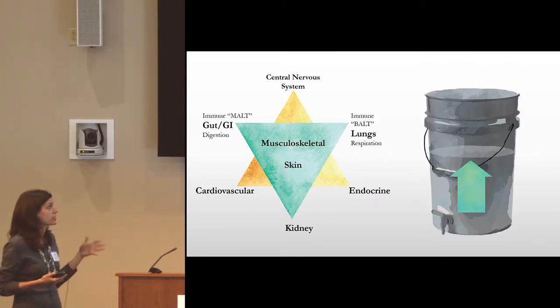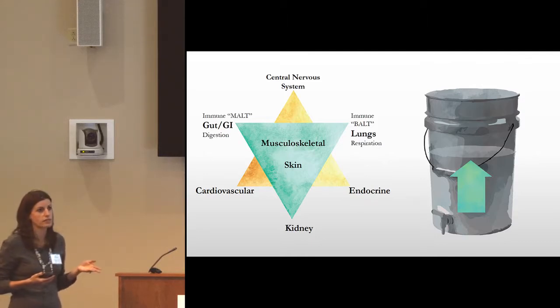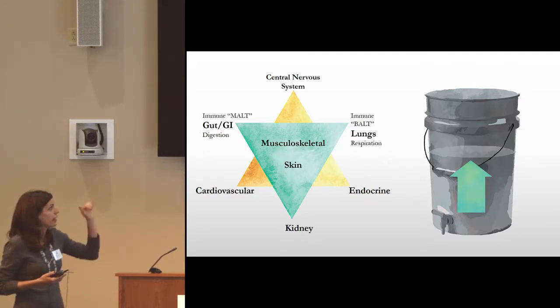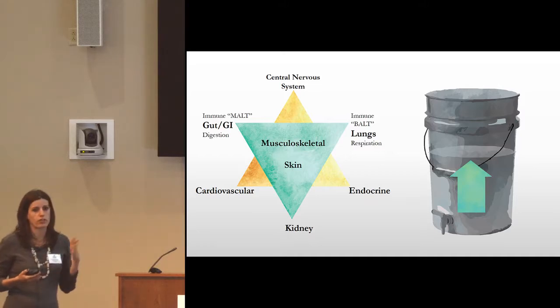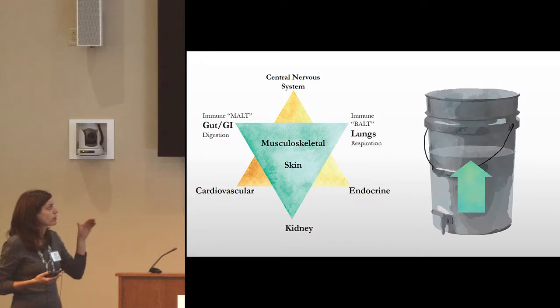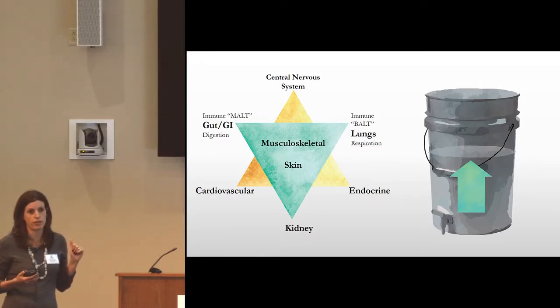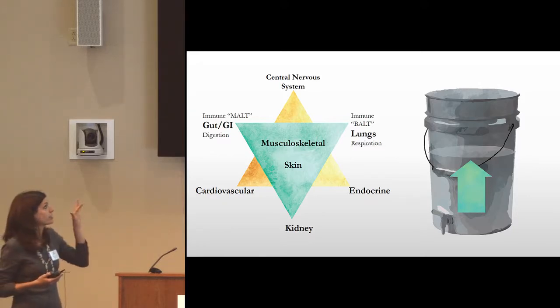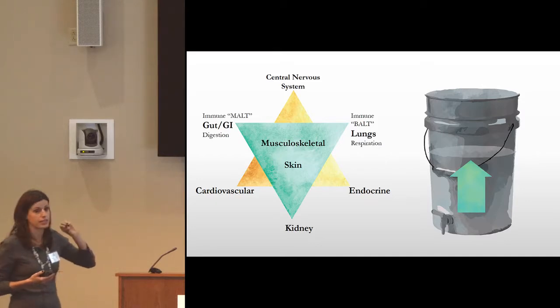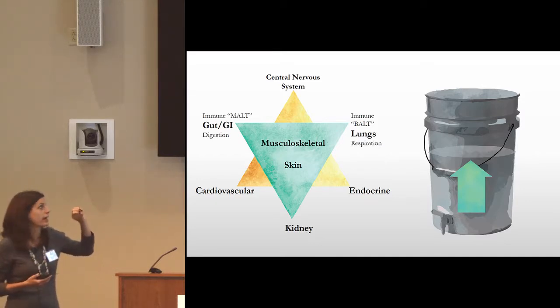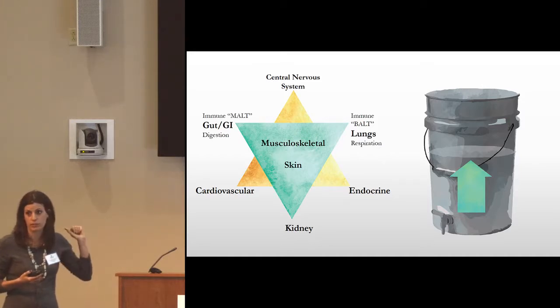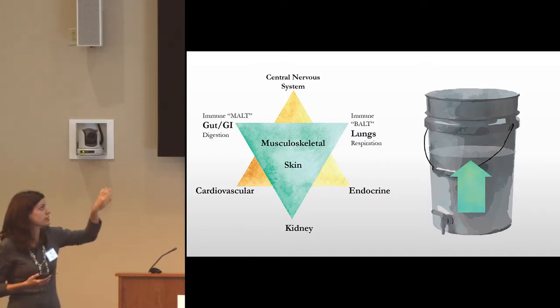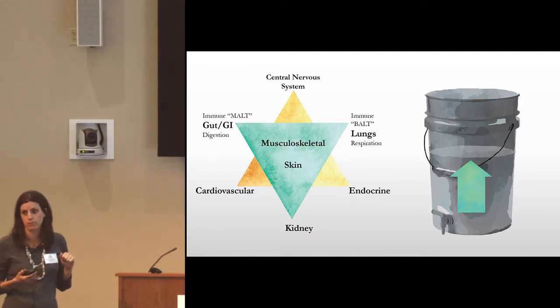So I like to share these two images with patients when I work with them and with people when I'm giving talks. So this one on the left is a scheme that's showing all the major organ systems in the body. So on this scheme, all these organ systems have a relationship to each other. You can see that the digestive tract has a relationship to the lungs and the kidney because they're on the same triangle. And it has a relationship to the nervous system and the cardiovascular system because they're next door neighbors. And it has this across the scheme relationship with the endocrine system.